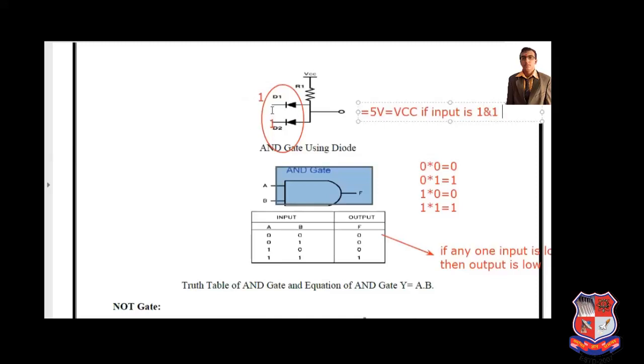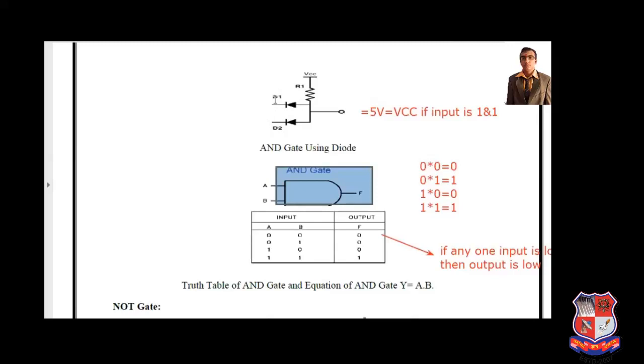Now if we apply 0 1 here, this diode acts as a forward bias, this diode acts as a reverse bias. So all the current flows through the ground. First of all, try to understand this particular point, it is very easy. But what is the remaining case? I have discussed this third case. See this very carefully.